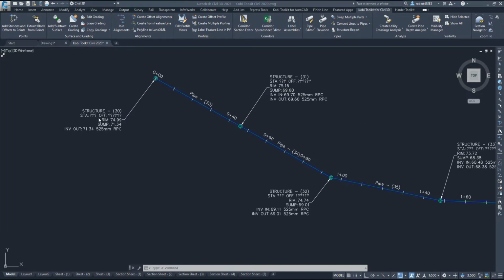As you can see here on screen, I have a pipe network, and you'll see I've got some labels, and it says station, question mark, and offset is question marks. Mainly what happened here is often when you create a pipe network, you haven't actually set an alignment. Maybe the alignment isn't even there yet. In this situation, I went back through and created the alignment after I created the pipe network. So now I want to set that as my reference,